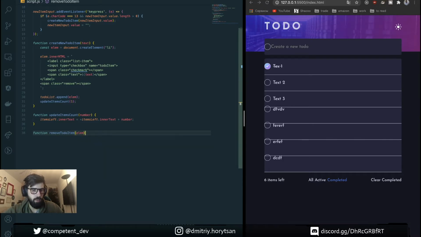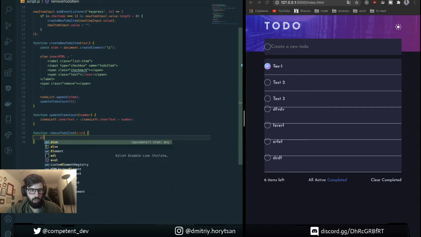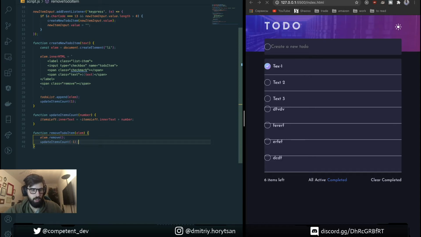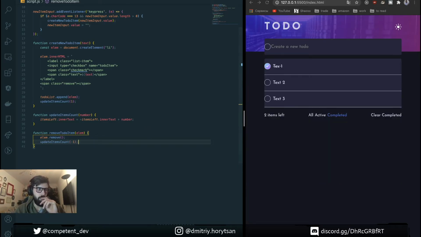So for this we're gonna create an independent function, remove to-do item element, here elm remove, and update items count -1, like this. And we need to put this function as an event listener on this.